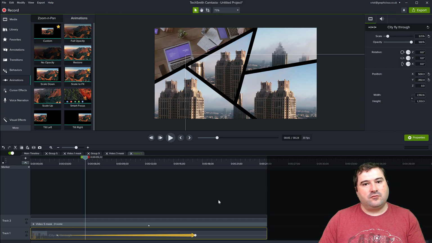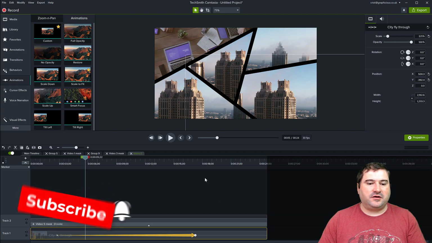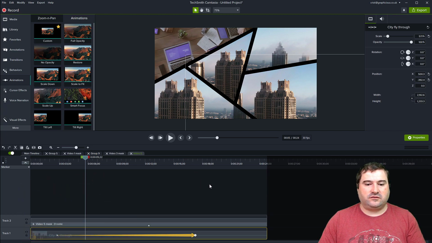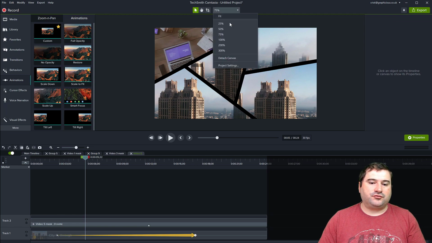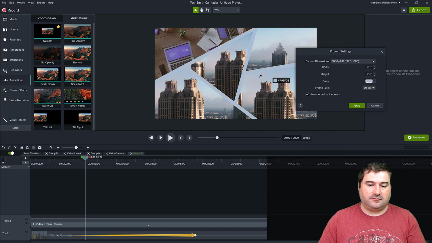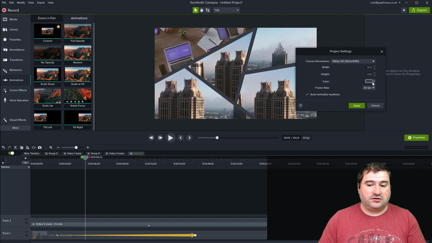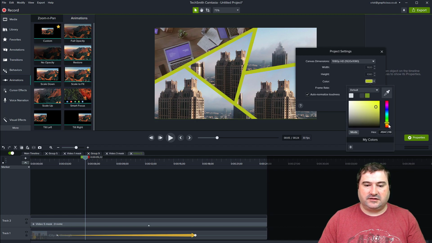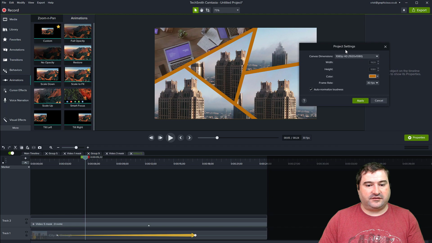Again, after you remove your guide image, another tip here: if you remove your guide image and you say, well, I don't like this black line here, I want it to be a different color, you have two choices. You can go to your project settings and change your canvas color. So right now it's black, but let's suppose I want to color pick maybe the sky color here, or this brown, orange, or you can just choose whatever color you want. Let's call it, I don't know, that orange that was in the guide image to start with. So that's one way to do it, change your canvas color.